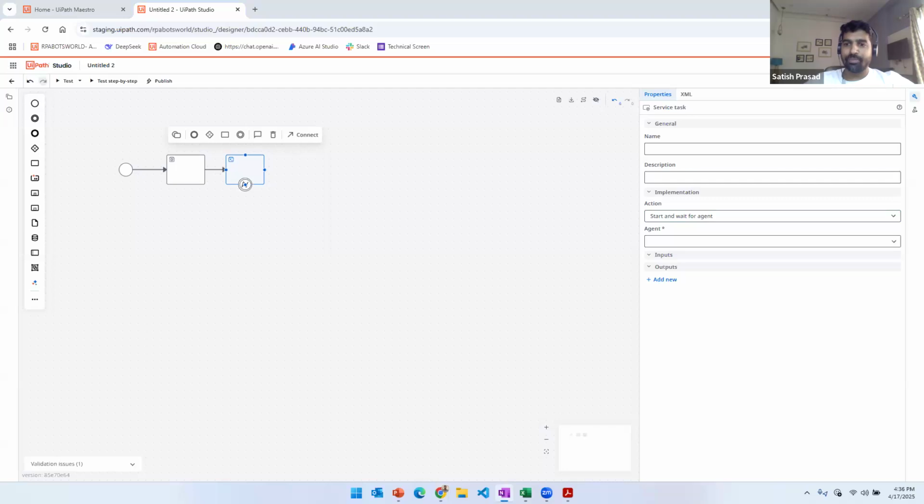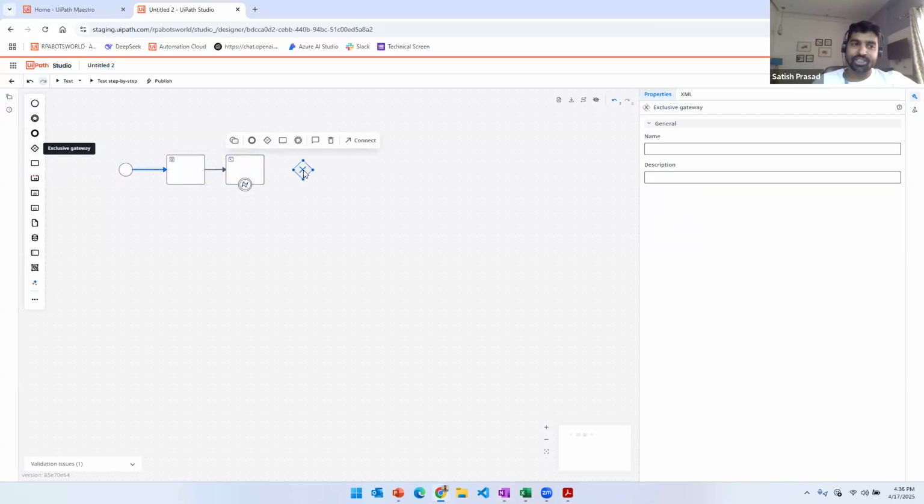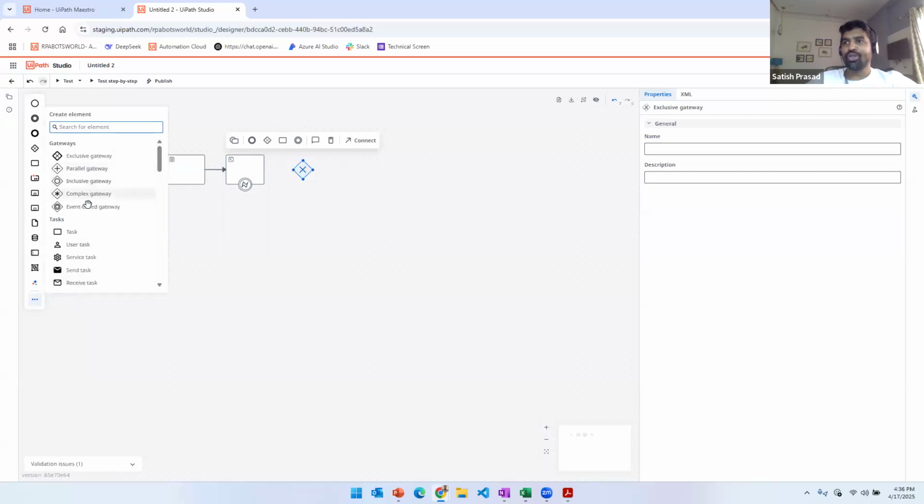Gateways are also a very powerful construct, because with the help of gateways you should be able to model your process, whether you want to run the sub-steps in parallel processing or in a complex gateway. So there are a lot of capabilities here. You can bring in the exclusive gateway, which is basically yes and no. You also have the capabilities of a parallel gateway. You also have the capabilities of an event-based gateway.